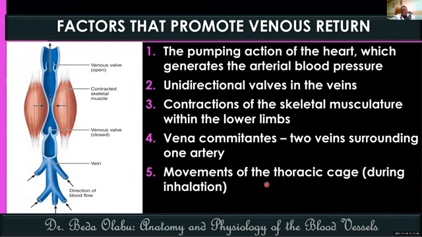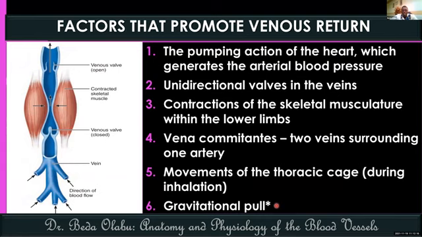The movements of the thoracic cage, especially during the inhalation phase, will also promote venous return. How? During inhalation, the thoracic cage expands, so the volume increases, which means that the pressure within the thorax reduces. That negative pressure within the thorax helps to pull blood in the vena cava back to the heart as well. Lastly,